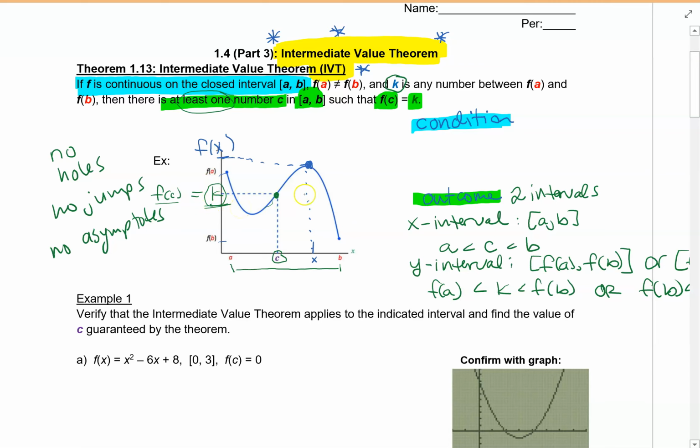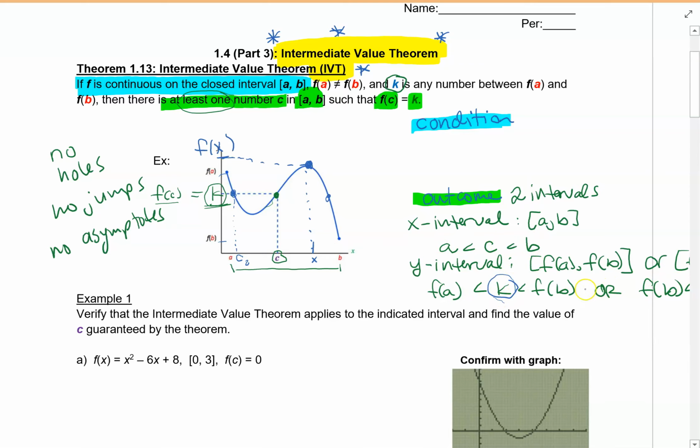Also, it's worth noting that it doesn't mean there's only one x. It just says there's at least one. If you look right here, that's a second x value, call that c2, that produces the same y. And then there's another one over here. This one actually had 3. But IVT guarantees at least one, and that's all we really need to show typically when we're using IVT, is that there's at least one x on the x interval between a and b